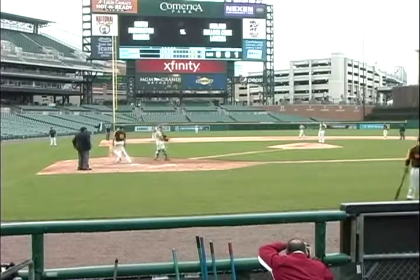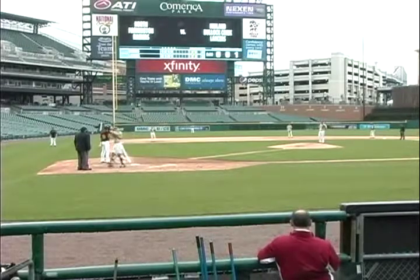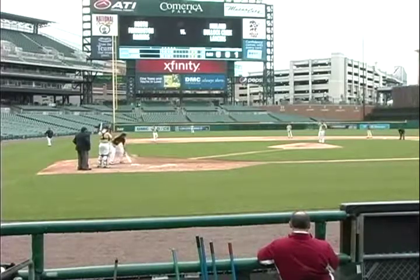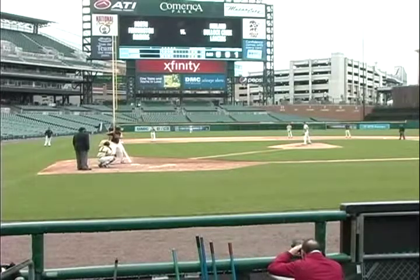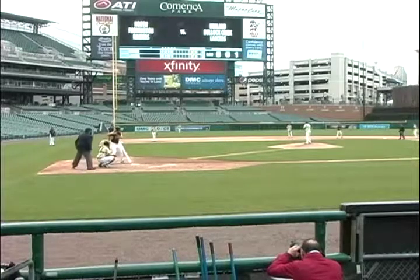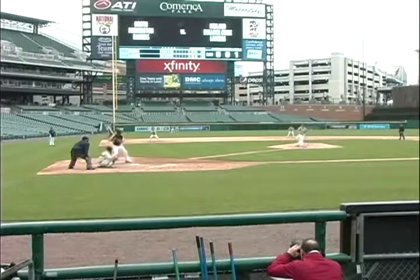Pops up to first, and the runner remains at second. So now we have number 18 stepping in, Evan McMurray, the junior center fielder, first-year varsity player. Again, had a walk-off hit versus Farmington, and he's a pretty good hitter, playing his first year of varsity baseball